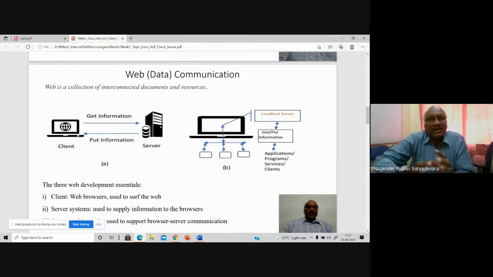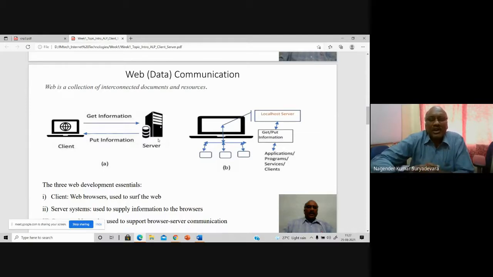So don't make the client and server transceivers. Transceivers are those devices which act as both sending as well as receiving. But here, yes, the client is sending as well as receiving. You can call it a transceiver, but most of the time it is receiving the information that is requested by the entity itself. That's why you shouldn't call the client a transceiver and the server a transceiver.